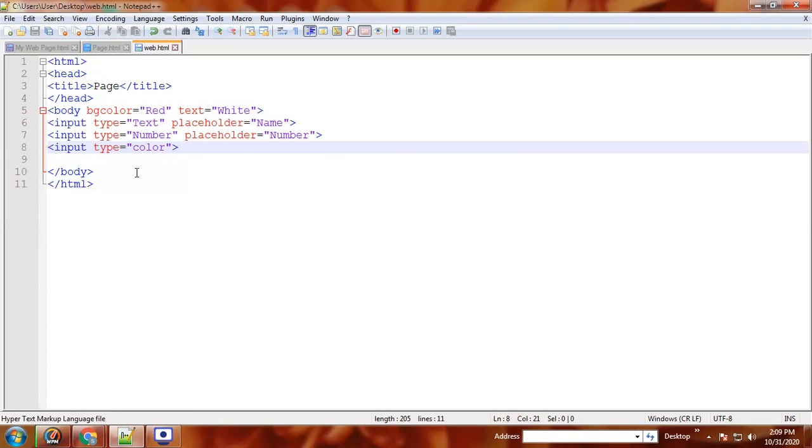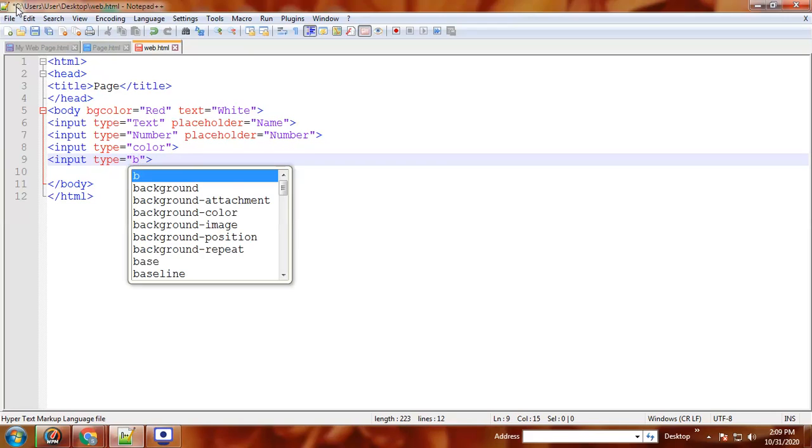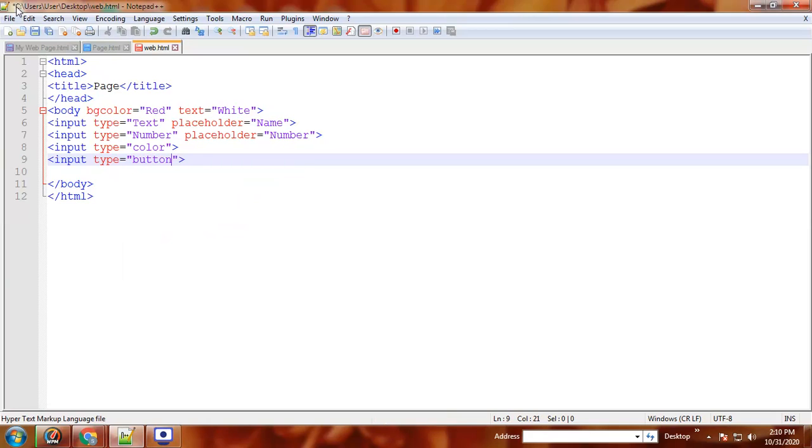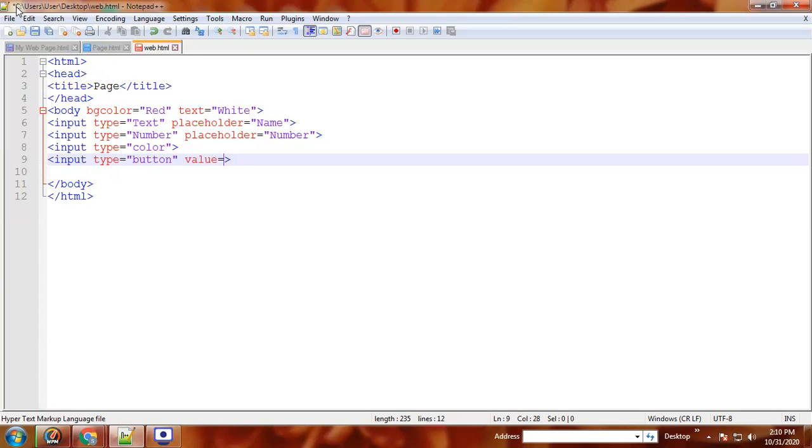And if you want to see a button made by yourself, what you have to do is input type equal to button, value, whatever type of button you want to give, like submit or add or decrease or increase.